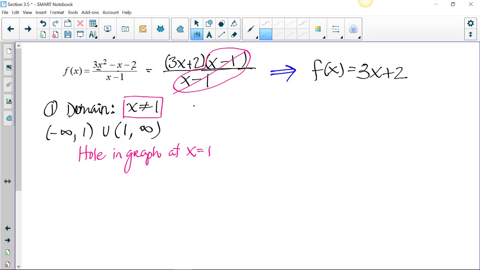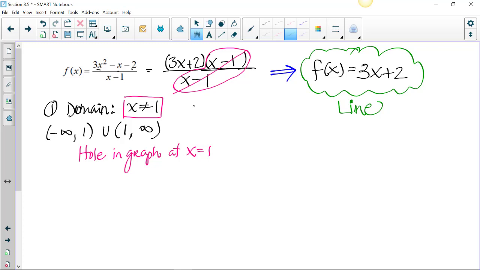That's not even a rational function anymore. A rational function needs to be a ratio of two polynomials. Technically, the polynomial in the denominator isn't considered to be a 1. So what kind of function is this now? It's linear. This is a line. Okay, so yes, it's a rational function, but these two graphs are going to be exactly the same, like we